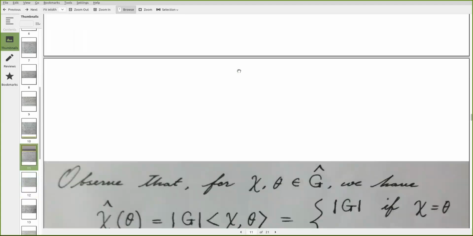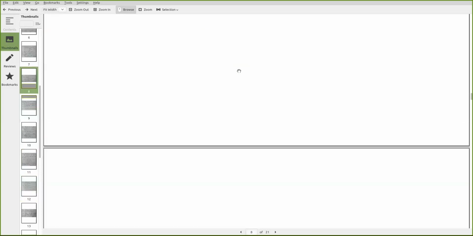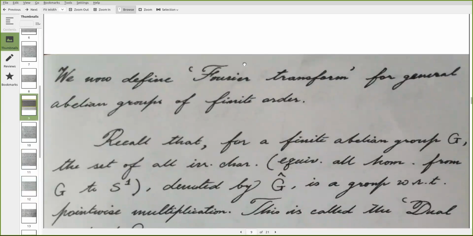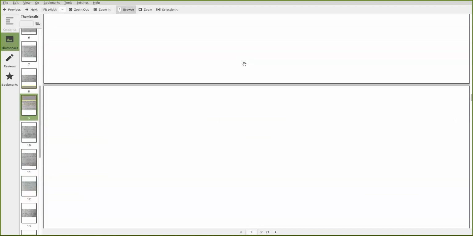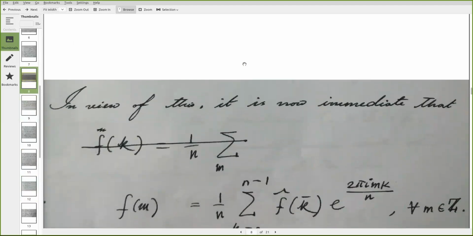So let me just summarize what we have done. Today, as I said, we first studied Fourier analysis on finite abelian groups. To begin with, as some motivation, we studied what happens when the group is just a simple cyclic group of order n, because functions defined over a cyclic group of order n are the same as functions defined over Z with period n. And in classical Fourier analysis over R, we know how to deal with good functions which are periodic over R. So keeping that analogy in mind,